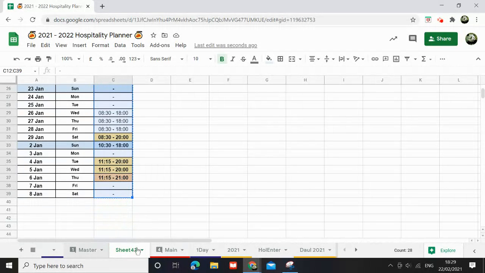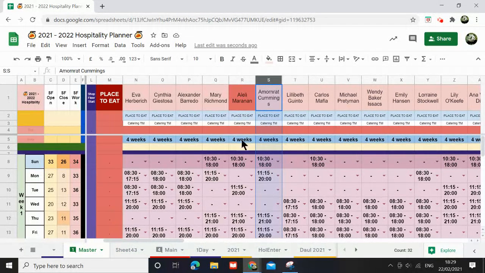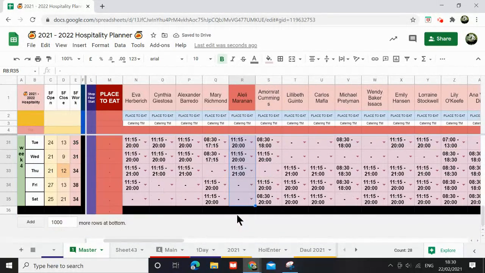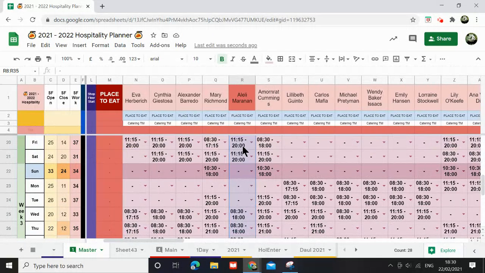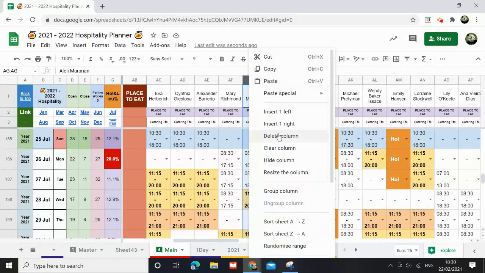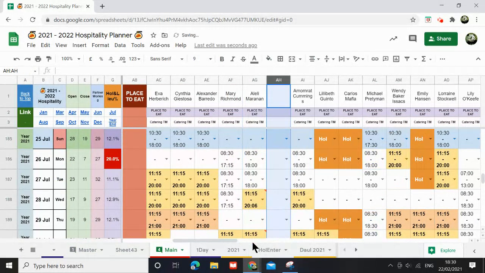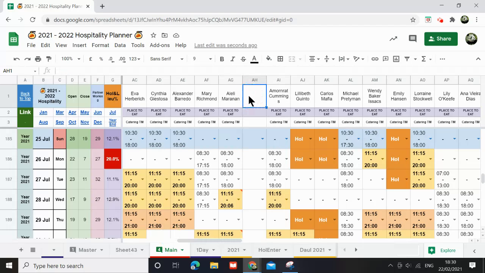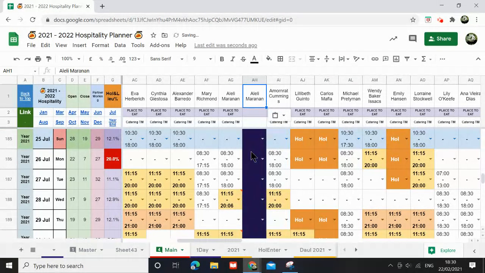Copy this. Now I'm going to pull it onto this person's rota. Control Shift V. Because this person's master tab, they haven't actually used it. You see, they have actually changed it manually on here. So I know that is actually wrong on there. So what I'm going to do, I'm going to copy and then paste this column, copy and then Control Shift V, and